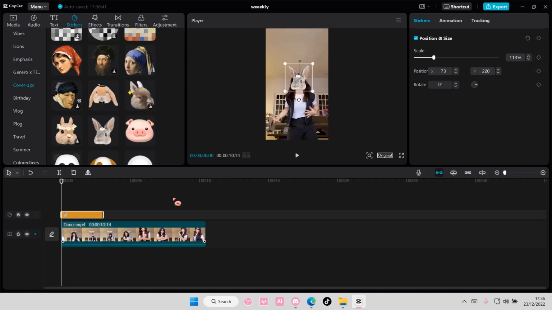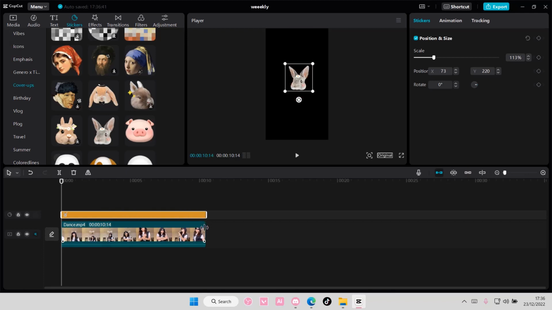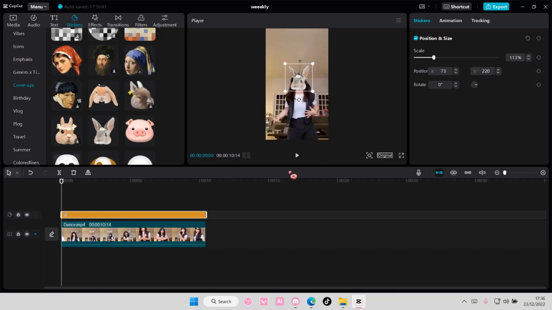There you go. And what you're going to do is you're going to have it till the end of the video, and you're going to add in a keyframe here, and you are going to just keep on scaling it and moving it. For instance, here I'm going to scale it and move it, and then here I'm going to move it, and it's going to add a keyframe by itself. Once you've added the first keyframes, you're just going to keep doing that. Just keep on moving it